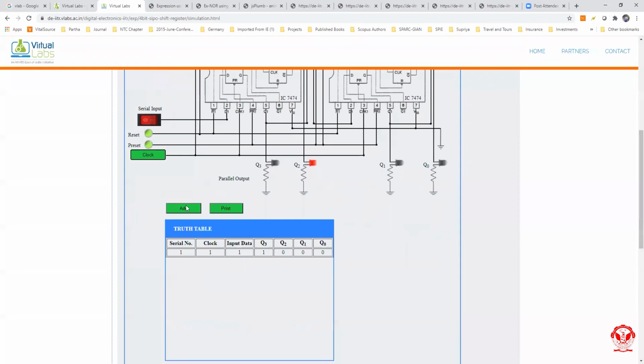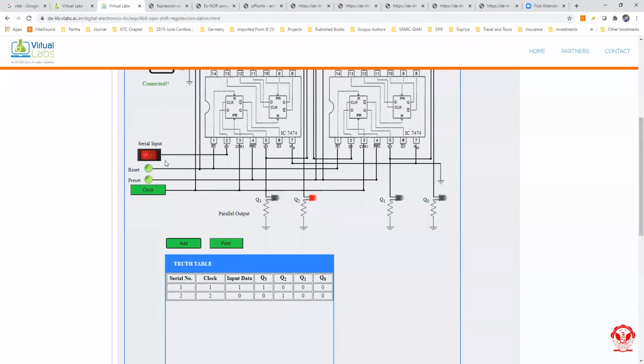Now click on the add button, and we can see this also from the truth table. After applying clock 2, at which we applied input data 0, it is reflected at Q3, but whatever we obtained previously, that is 1, is shifted to Q2 in this clock pulse.